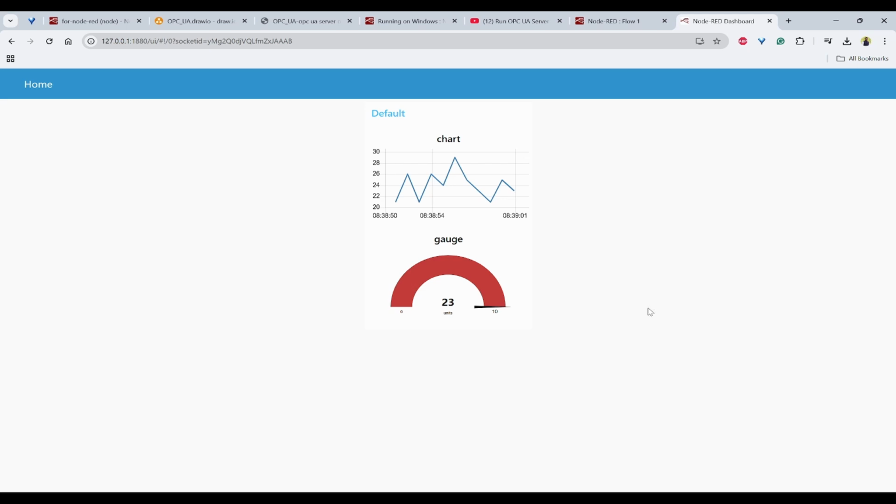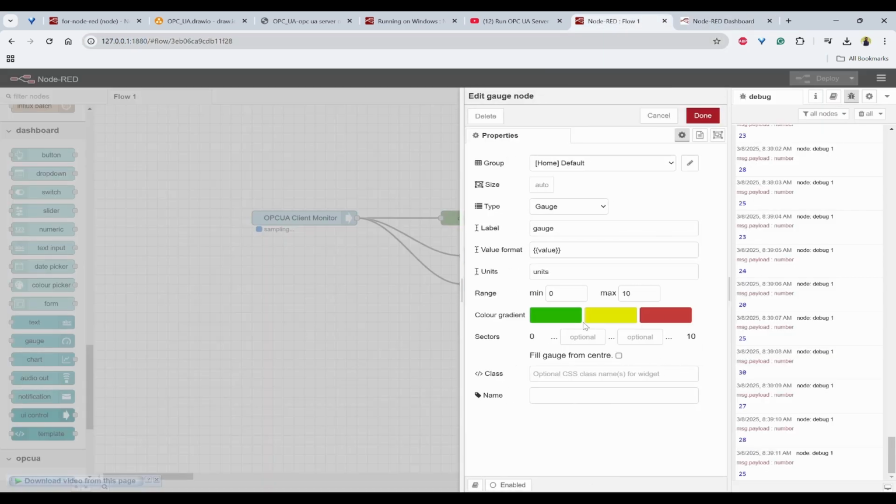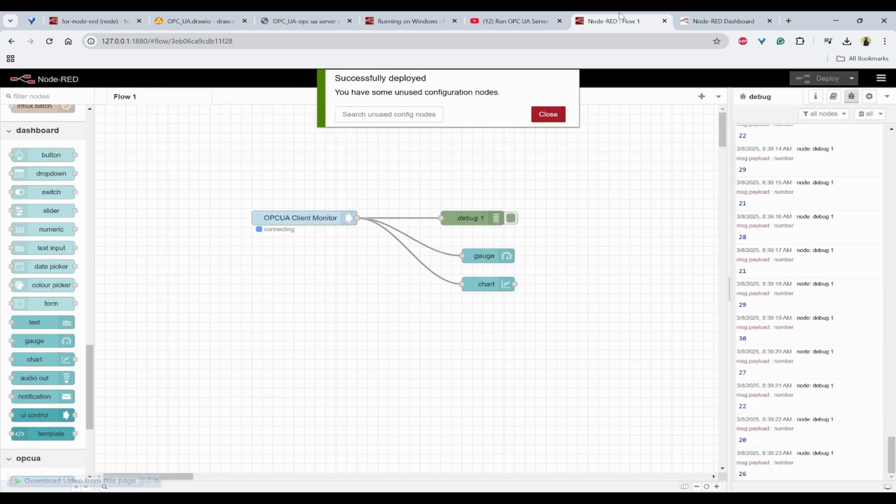So you can see the chart values. In the gauge, I need to adjust because it is showing 0 to 10. So I can go back in the gauge and provide the values 20 and 30. This way I can save it and done.